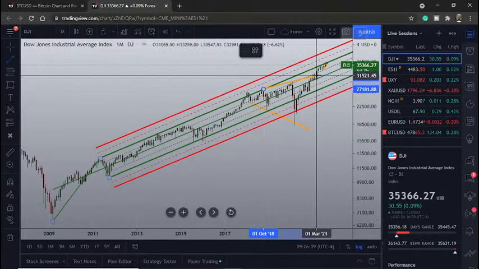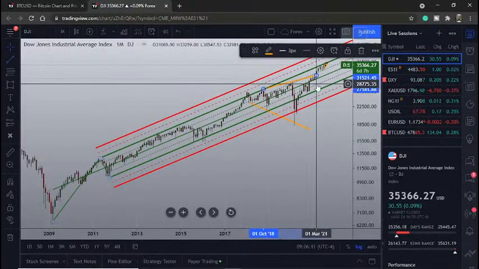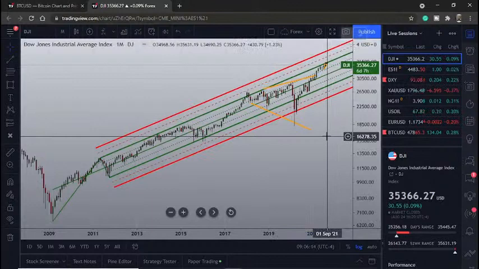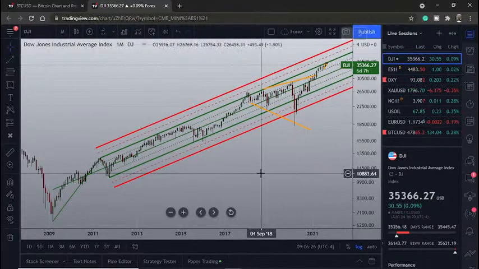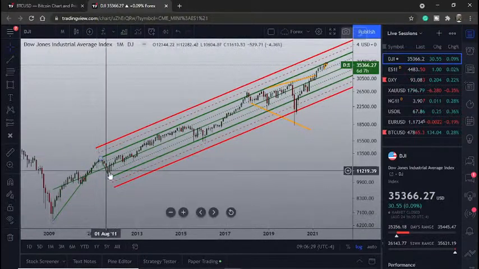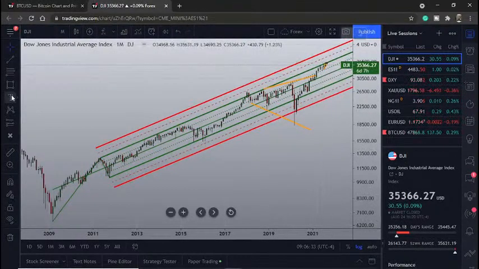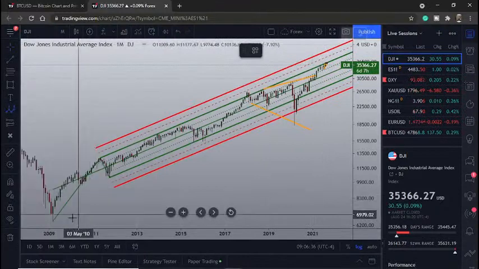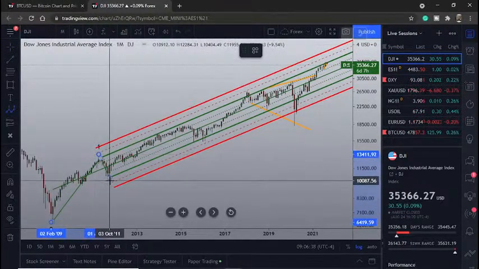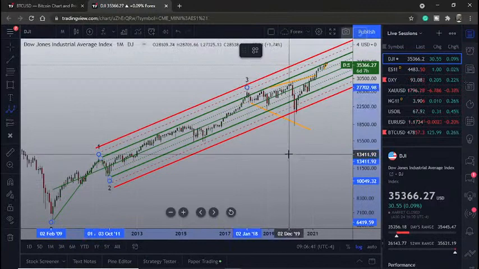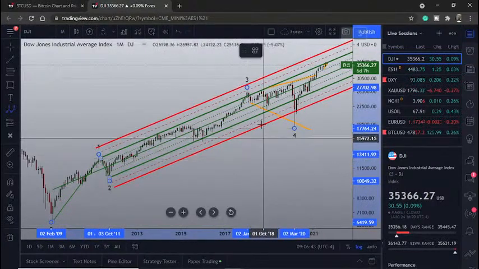Now, triangles, especially when they take a long time to develop, tend to appear, according to Elliott wave theory, as a penultimate correction prior to a high or a low. So what I'm thinking we're seeing here, and this is just running into this high now, and price obviously approaching this upper median line again, is that we have likely seen a 1, a 2, a 3, where this triangle formed. The end of the triangle was a 4,